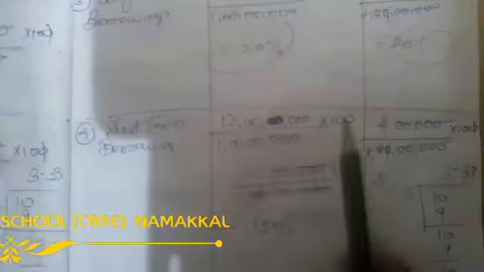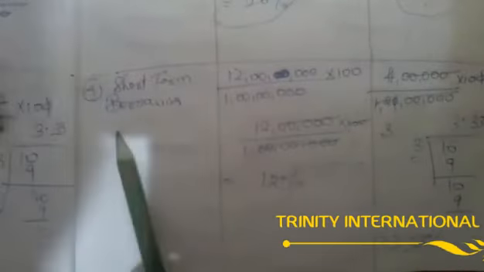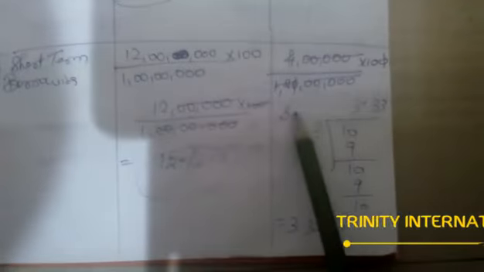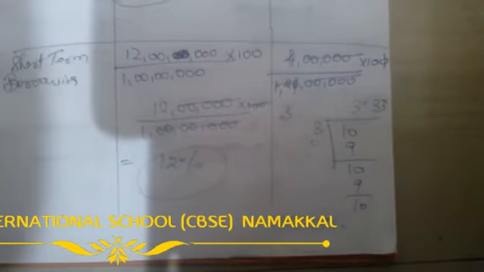Okay, asset side. Short-term borrowing, here worked out. Short-term borrowing for the liability side: 12 lakhs divided by 1 crore into 100. Simplification, 12%. Similarly here, in the same manner, 4 lakh divided by 1 crore 20 lakhs, simplification 3.33%. Okay, so again I have done it here. See here, that's 12%, 3.3.